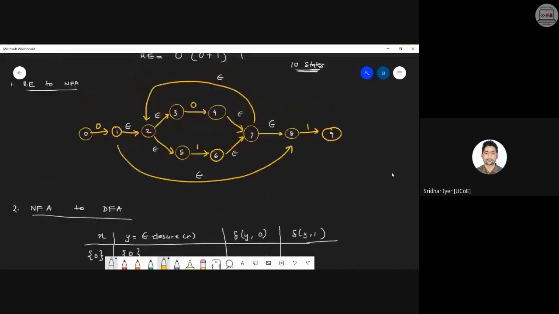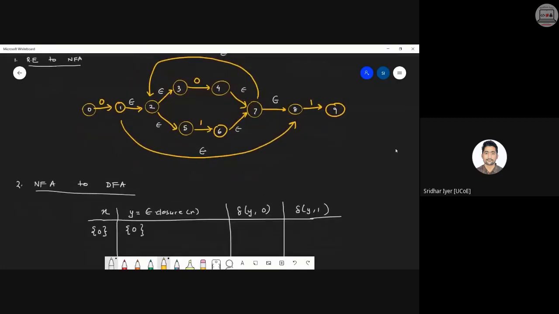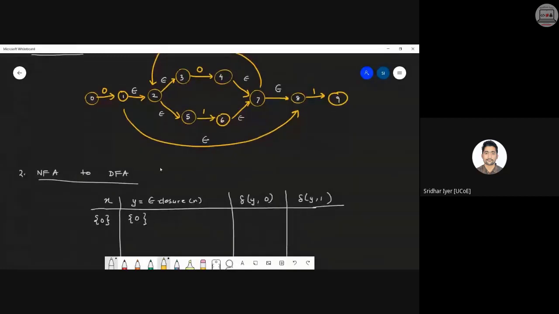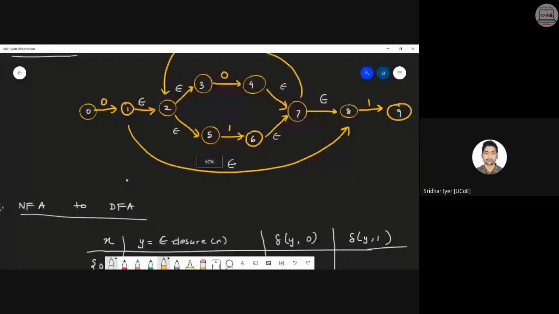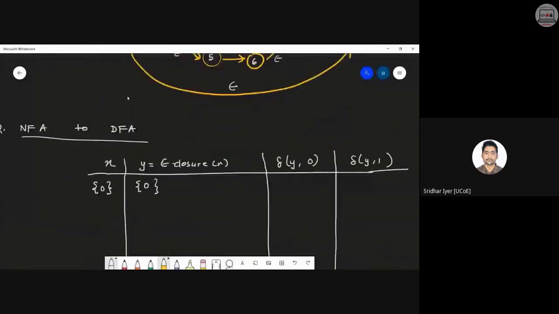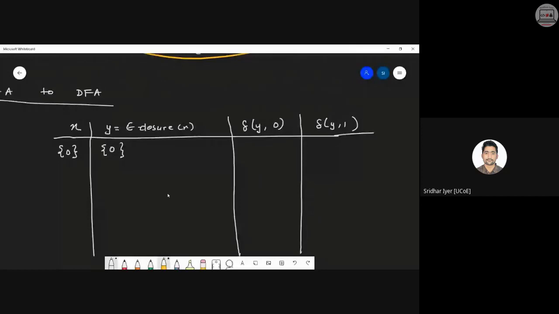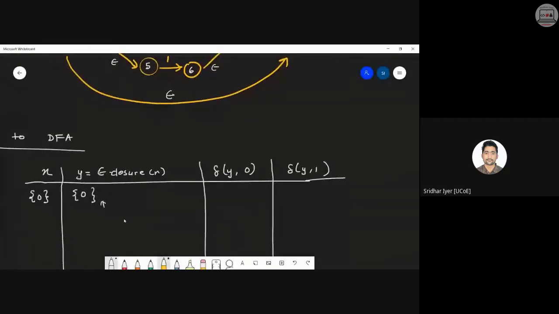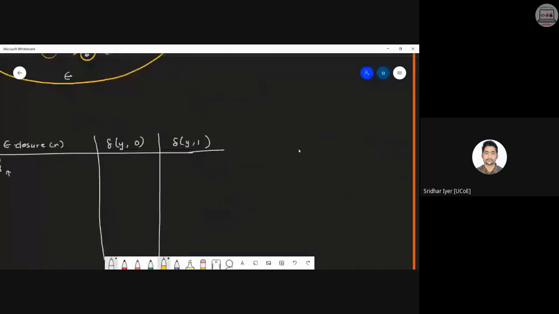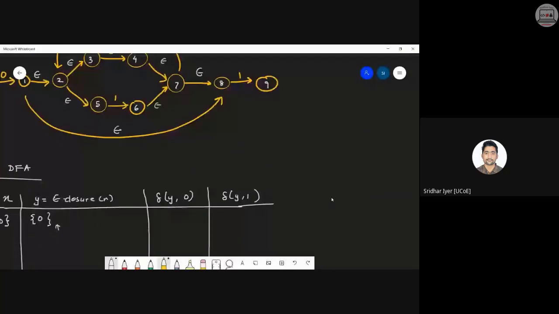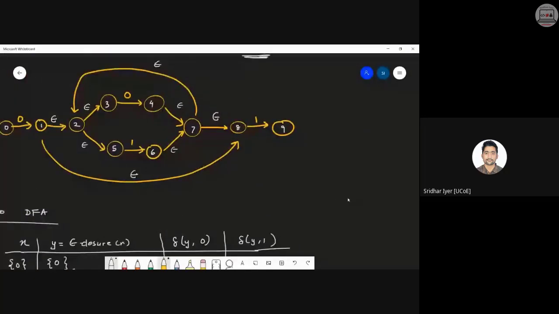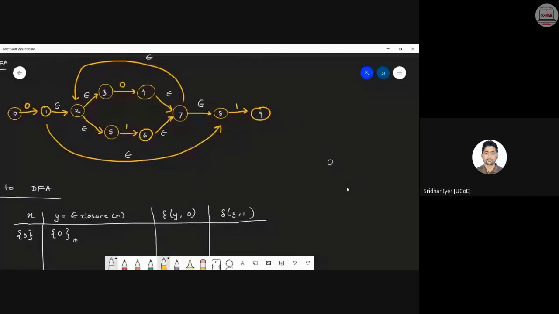Basically, starting from 0, what are the various states which we can reach via epsilon needs to be entered over here, but there are no states further which can be reached from 0 using epsilon. So we stop over here. That is why the only value which is present inside the set will be a 0. Clear? So now tell me what are the various states out of these values which can be reached with input 0. As you all know, I told you last time, write it on the rough side if you need. Okay, write it over here for 0 input and for 1 input.